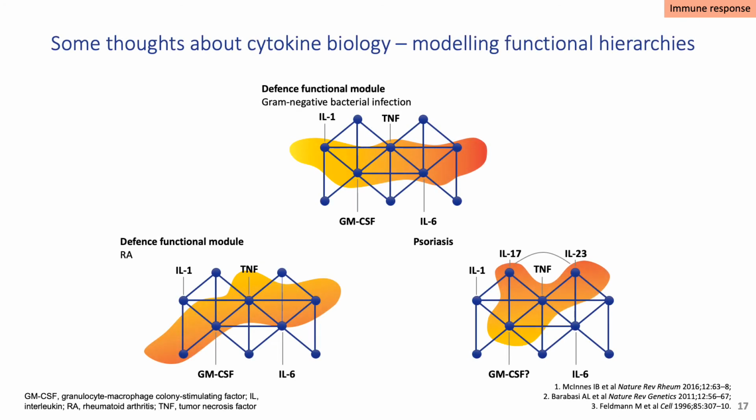Well, we've kind of moved away from the idea, therefore, that one cytokine could control all, and we think of teams of cytokines. And in this figure, this is an analysis that we put together 2 or 3 years ago, and in the top I'm depicting the cytokines that are essential for host defense against, for example, a gram-negative bacterial infection. So here we need TNF, IL-1, GM-CSF and IL-6 for effective host defense.